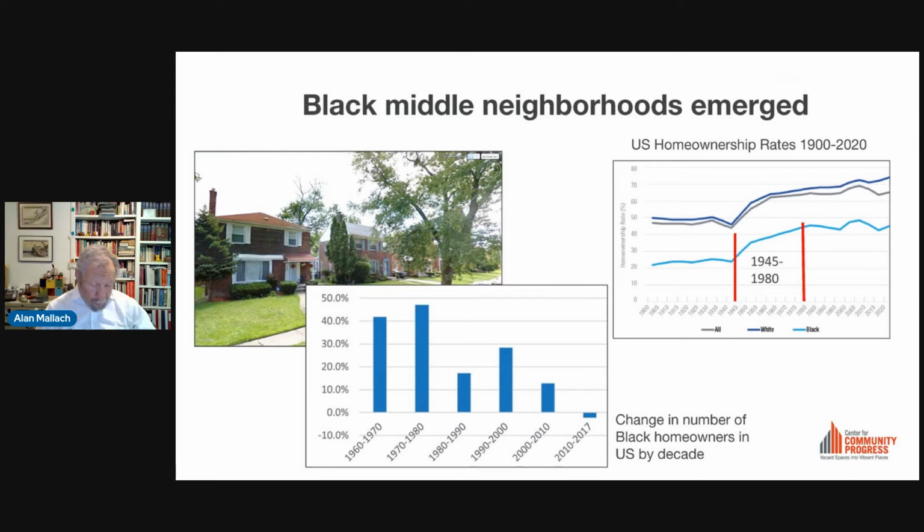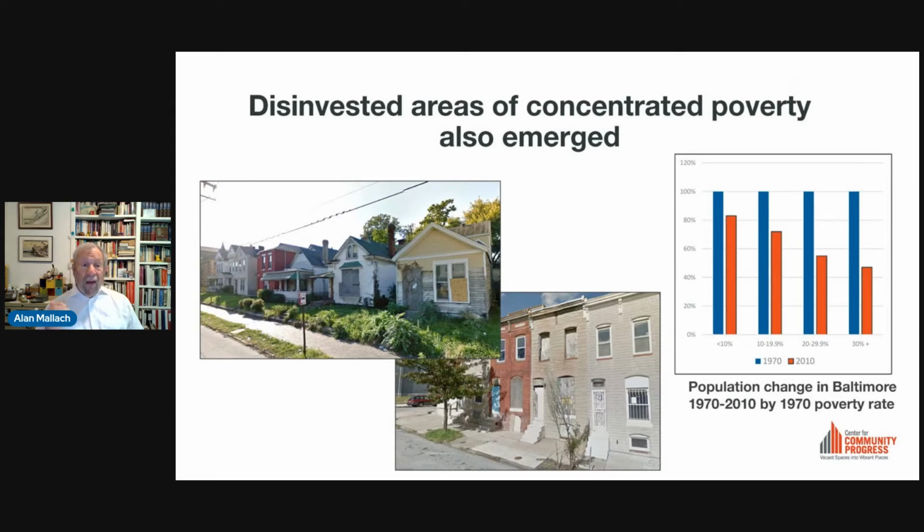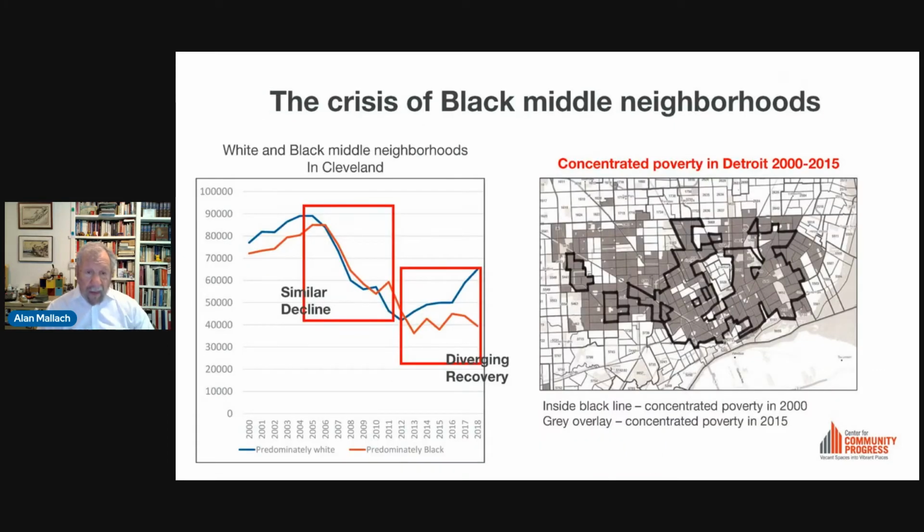Now, the problem, of course, next slide, is that at the same time, areas of concentrated poverty also emerged. And that's where you saw the beginning, in the 50s and 60s, of the dynamic that has led to what our cities look like today, with areas that are deeply disinvested, that have 30, 40, 50% poverty, and other areas that are now starting to struggle because, next slide, things have not gone well.